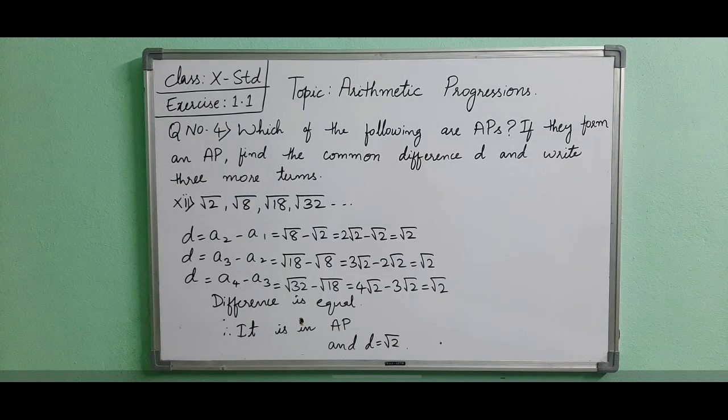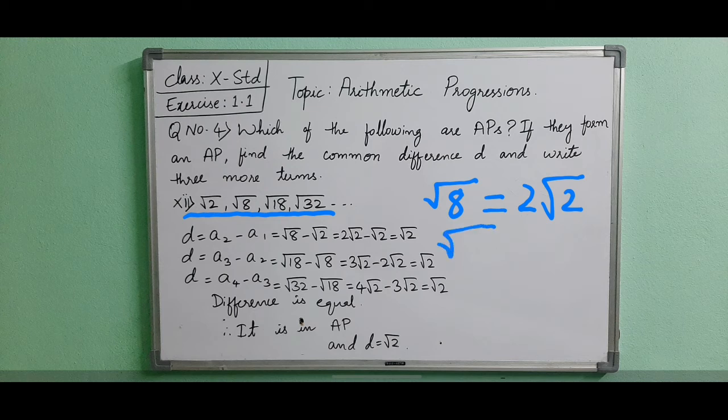Now, question number 12 of the same bit. Square root of 2, square root of 8, square root of 18 and square root of 32. Now when we are solving here for the differences, we need to write square root of 8 in the simplest form. So square root of 8 is nothing but 2 root 2. Why can we write it here as 2 root 2? Because 2, if you are taking its square, it will be 4. So 4 into 2 again will give you square root of 8.